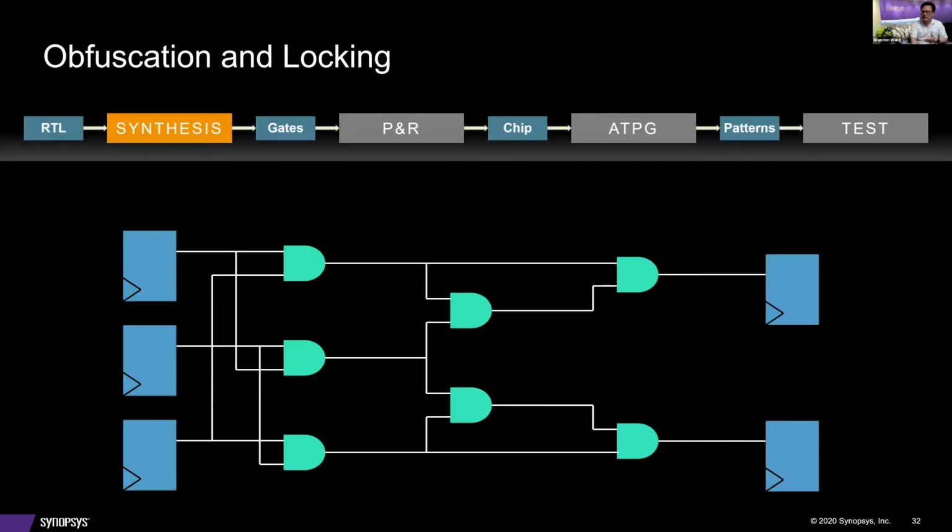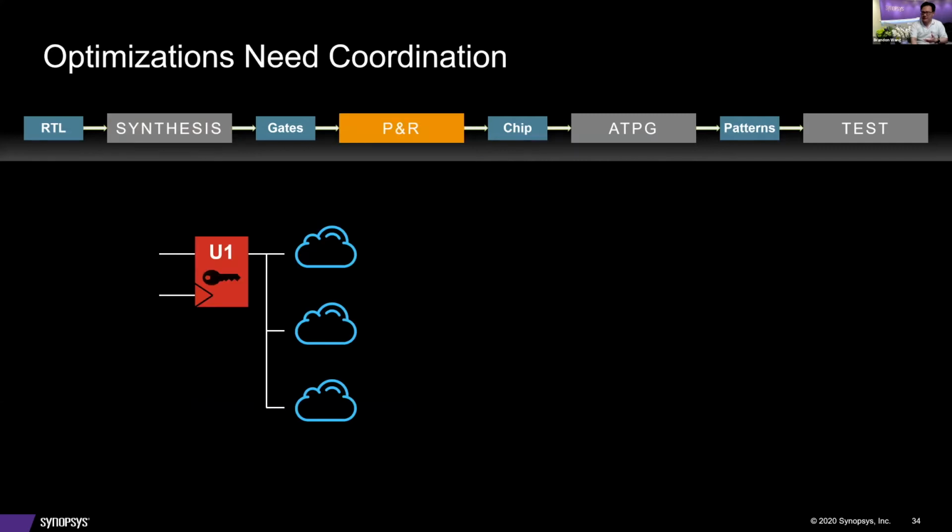Obfuscation, locking and optimizing. So what I try to show here, on top, is really the RTL to GDS2 design flow, right? So with the ACE program, we'll be able to insert security implementation within the tool. So the designer does not need to be a security expert in order to do a secure silicon design. And that itself is a more secure method because now you don't have to expose the security method to an average designer. So that is where the ACE automation added value to security.